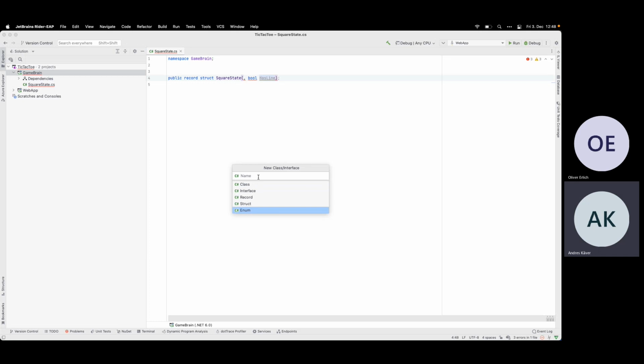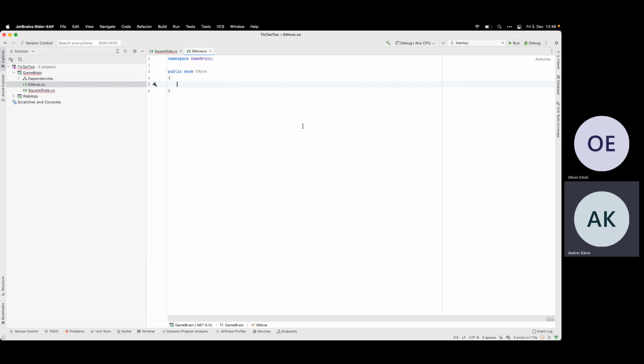So this is what's the first element of the state, the cross or O or nothing. Let's call it, I know, E move. So it has states like empty, cross, circle. Yeah?